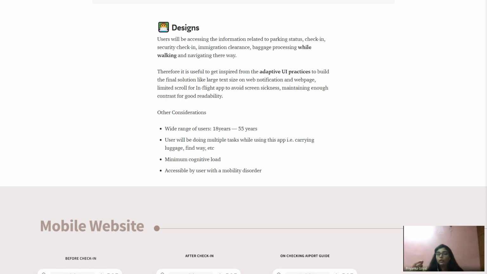They will be using this app while walking, and it becomes really challenging for them if you use small text sizes or don't give bold text sizes. You have to make your guidelines in a way that it is easier for that kind of audience. It is helpful. That is where many products fail.